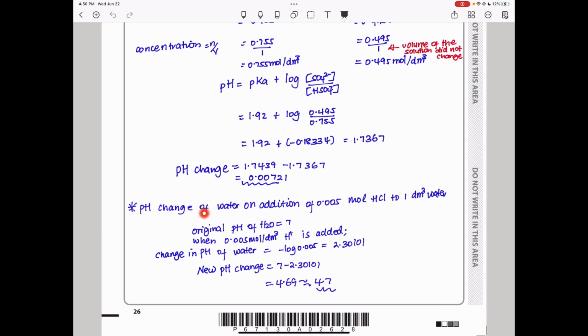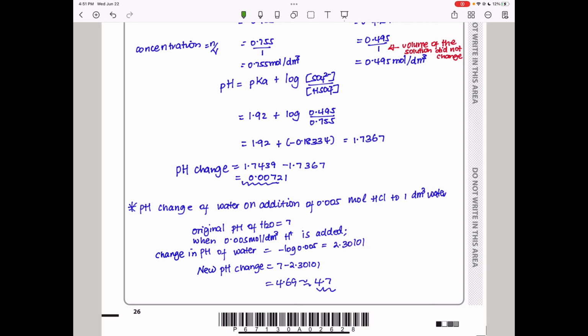We want to find the pH change of water on addition of 0.005 mole of HCl to 1 decimeter cubed of water. Here we can see there is the original pH, which is basically the pH of water, originally about 7. Now, when we add 0.005 moles per decimeter cubed of hydrogen ions into this water, it is going to change the hydrogen ion concentration by the same amount. So the change that has occurred is going to be negative log 0.005, which is